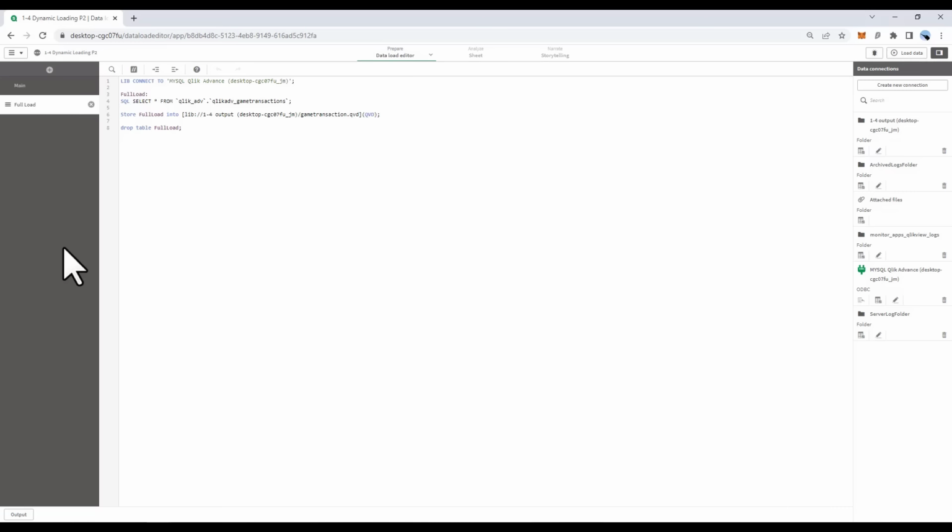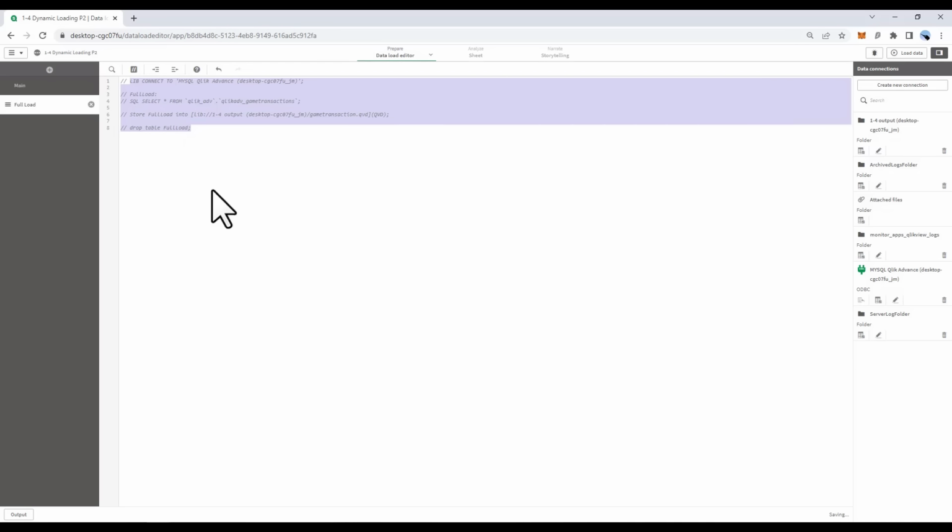On the full load section of our data load editor, we need to comment the entire block so as not to run this part upon clicking load data. We already have the QVD file from the first run earlier, so this part is no longer needed. To comment the entire block, select all of the script and click the comment button in the upper right. This should gray out the entire script for this section. You can always rerun this script by uncommenting it and loading the data to refresh the QVD, which can be